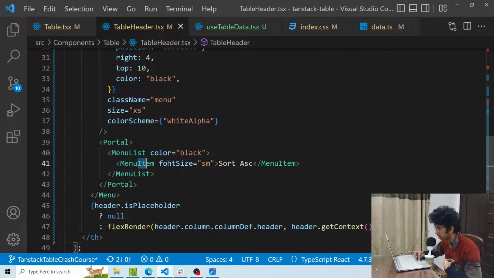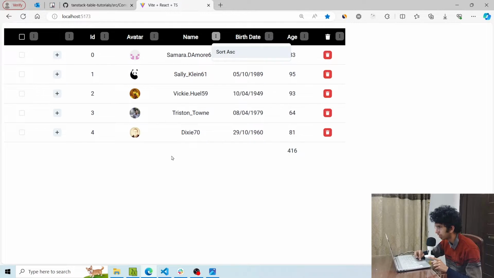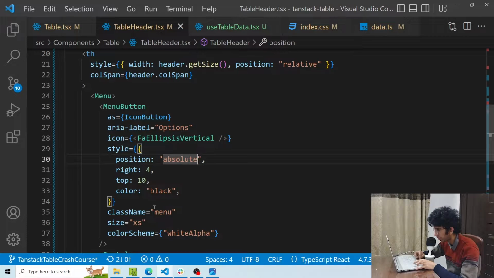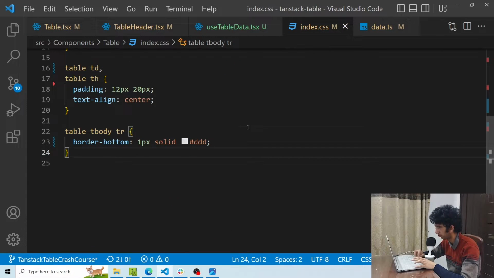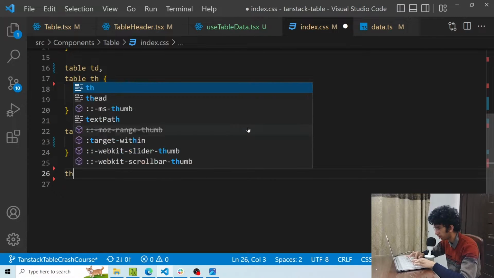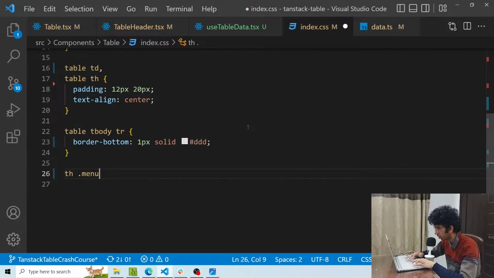Then here these are the options. Right now this particular thing is present by default for all columns. I want it to show only when I hover over a particular column. So if I hover over the avatar column, then I want to show this icon, otherwise not. I've given this menu a class name of menu, so I'll use that to show it based on whether I hover over the th or not. First of all, I'll say th dot menu